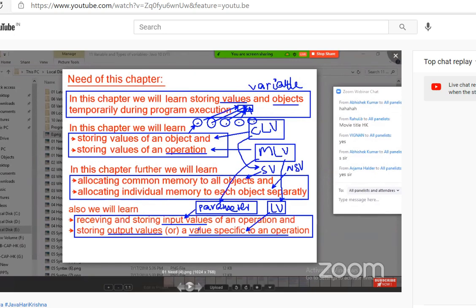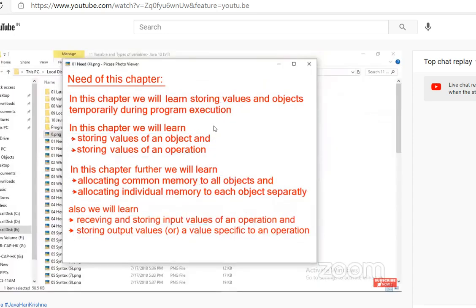Does everyone understand up to now? So finally, come on, visualize what you are learning. First, we are learning the basic concept: how to create a variable for storing a value, for storing an object, and how to read a value, how to read